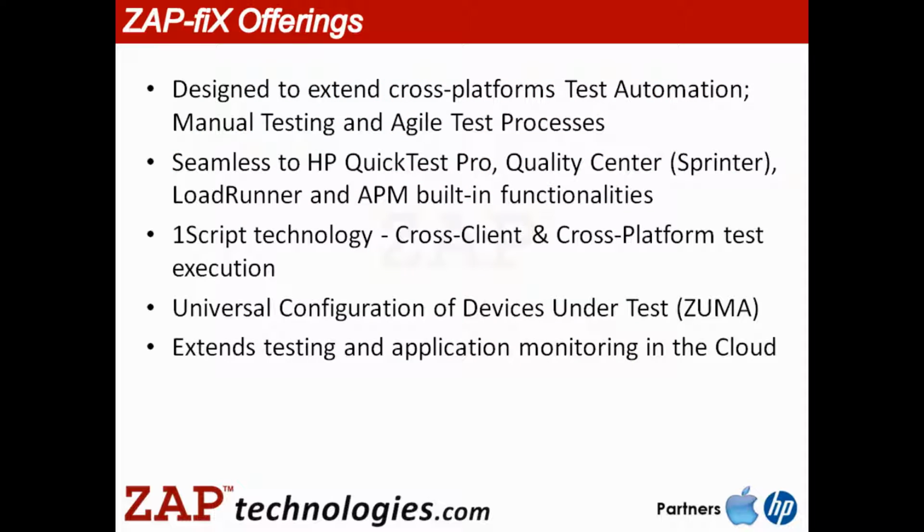The key benefit of ZAP Fix is that it offers cross-platform test automation. It also offers manual testing for external devices through ZAP Fix Viewer. And we're also supporting agile test processes. As Venkat said, mobile application development is primarily designed in very fast iterations and primarily uses agile methodology. So in today's market, conventional test automation technologies lack the ability to address rapid test coverage,